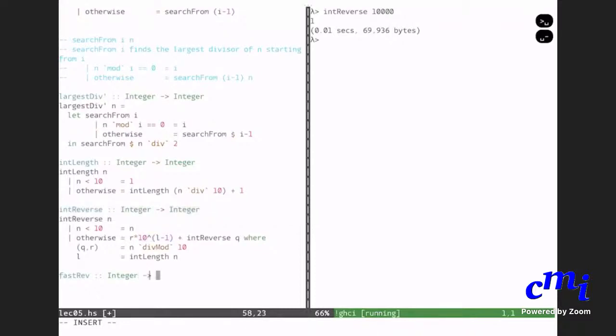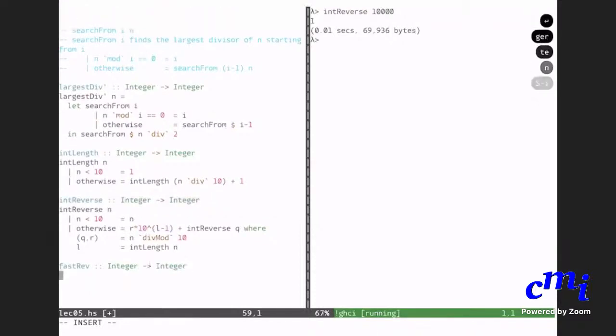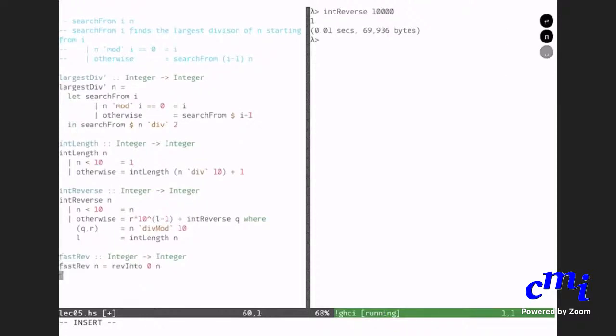So fast reverse. What I'll do is I'll reverse into 0. What do I mean by reverse into 0? I'll explain that now.